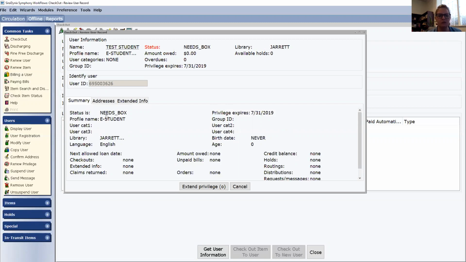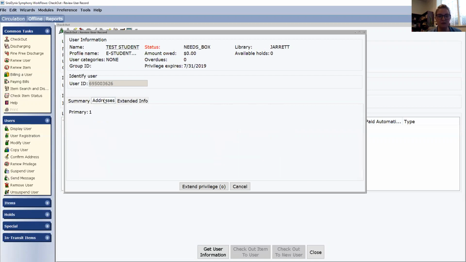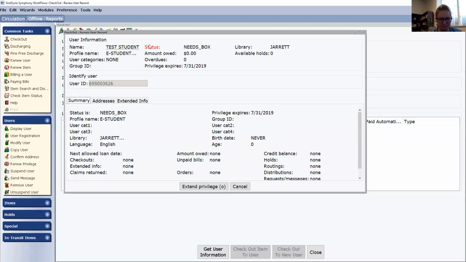What does that mean? I'll talk to you about that in just a second. But it also shows me that their privilege expired in 2019. And so possibly something's happened with this record. This is a really great time to ask a question of the user about their address. And I see when I click on addresses, nothing happened, like there is no address in here. So that's a problem. There's also no extended info, which is because this is a test account. And so I'm actually not going to extend the privilege right now, because I haven't checked all of those things. So I'm going to cancel